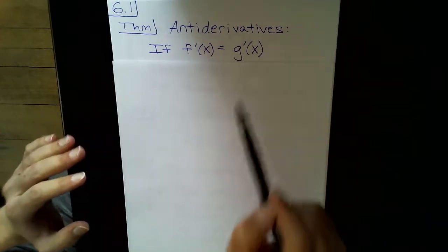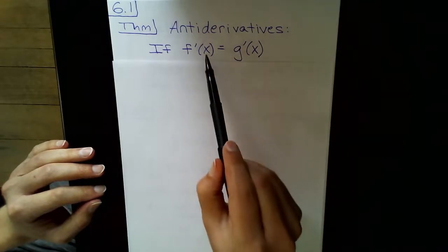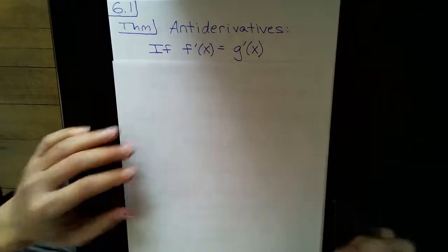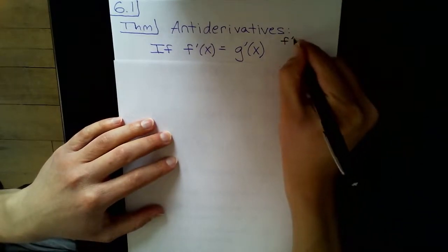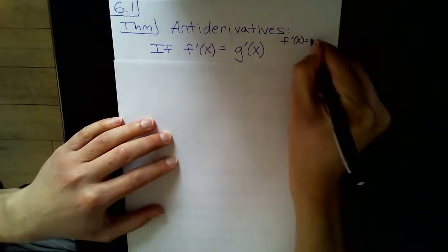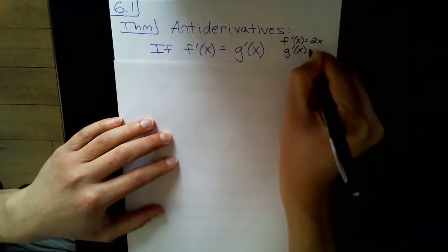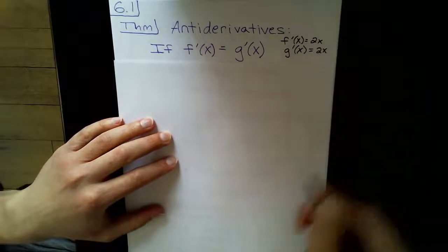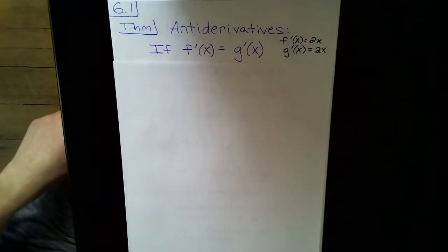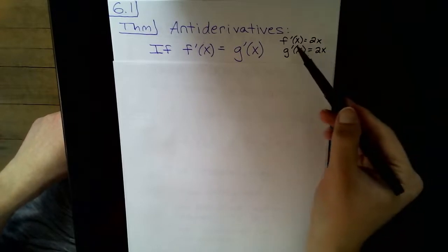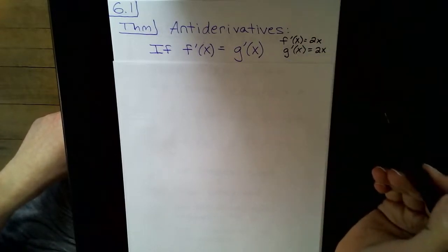Let me write this off to the side. If we have f prime of x equals 2x and g prime of x equals 2x, they have to be equal to each other,